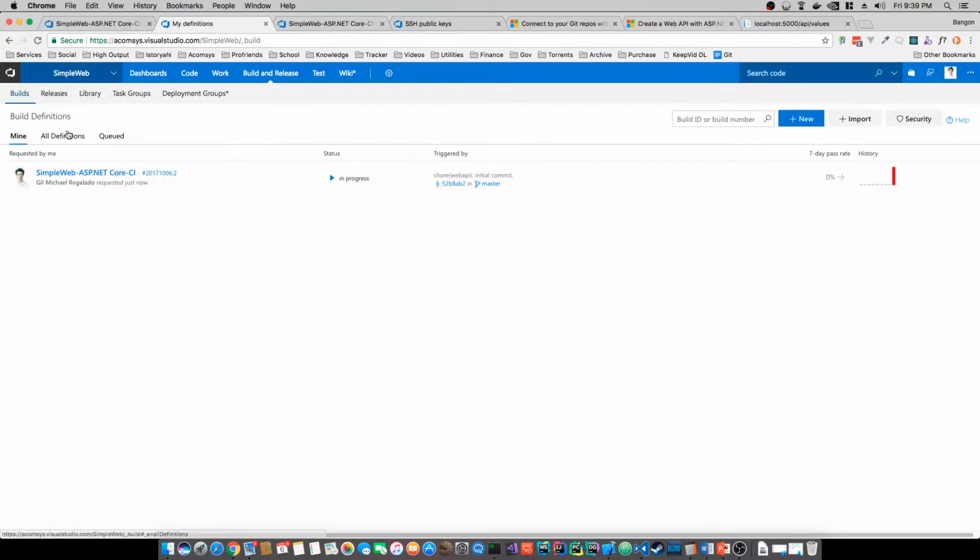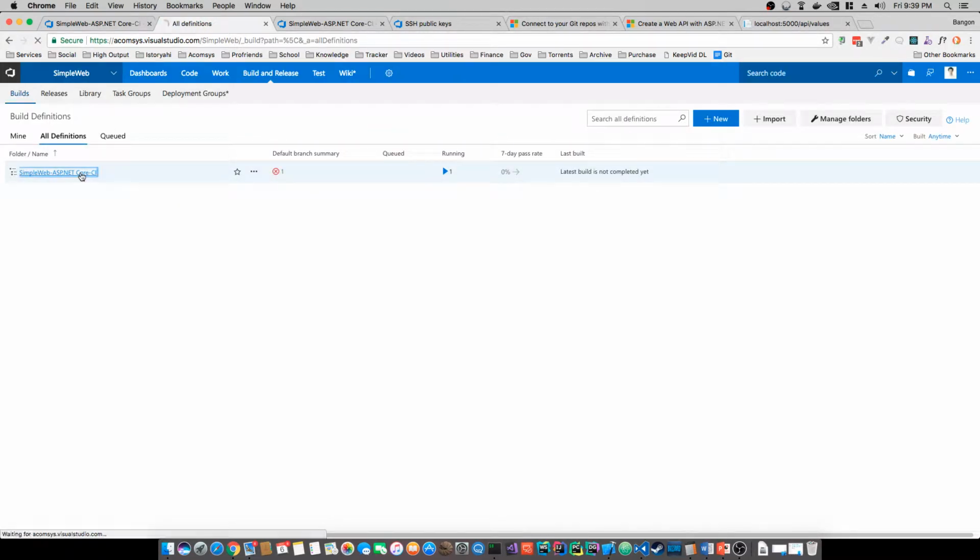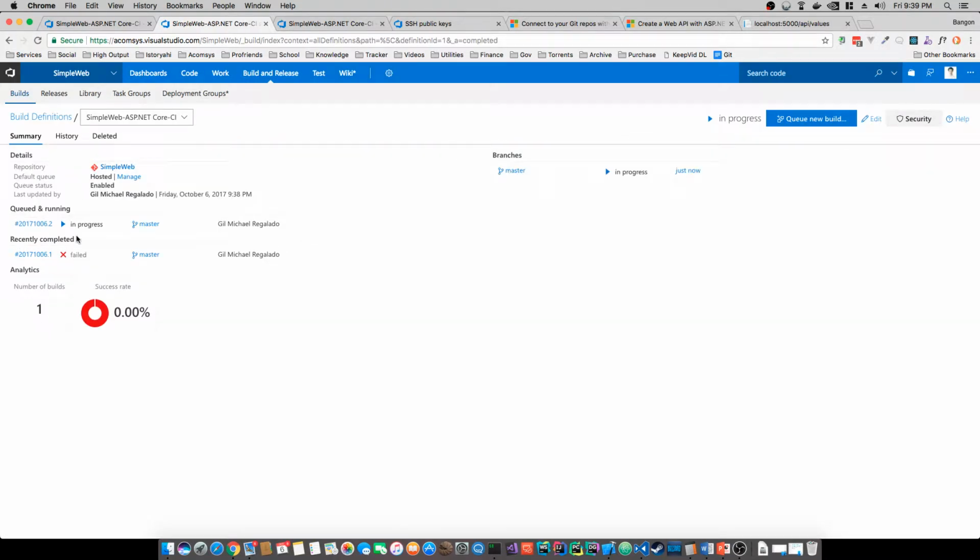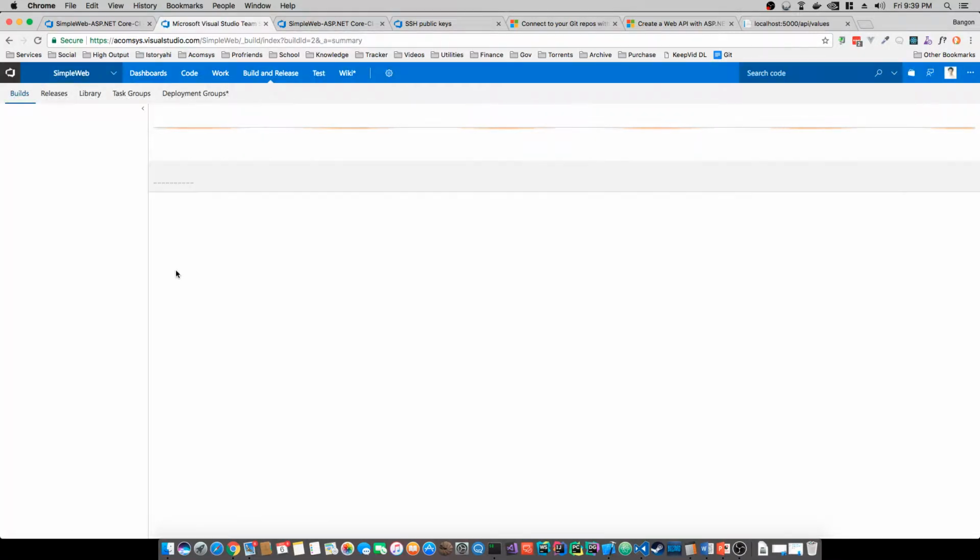You can see here in all definitions, if I click from here, our first recently completed task has failed. That's because it was using a different version of .NET Core. Now we have updated the version of .NET Core in our settings for the build definition, and we are rerunning it. So if I click this run schedule,